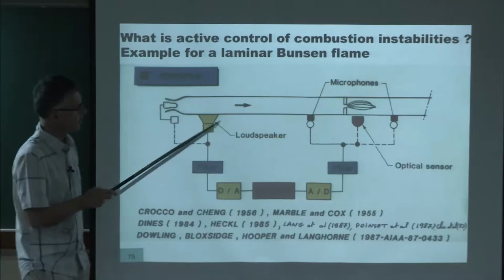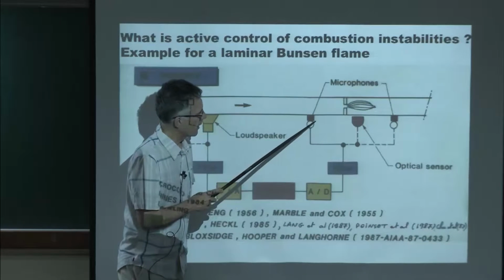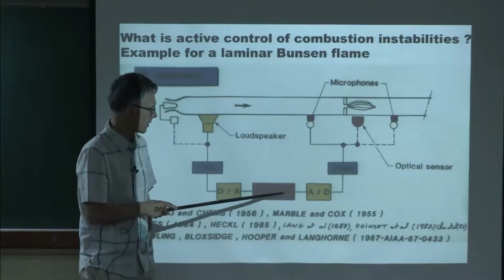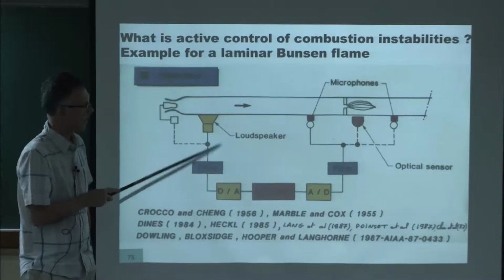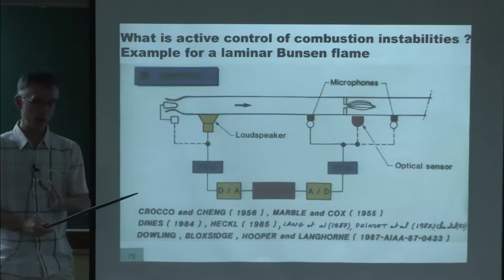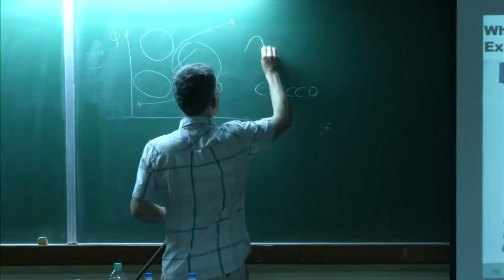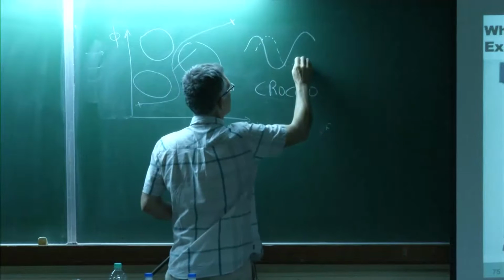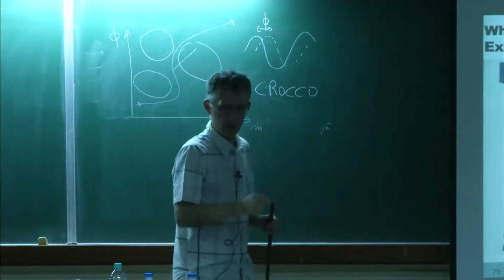What we simply did is we took a laminar flame here, which was unstable, and we added here a microphone. We filtered it. Then we amplified the signal, gave it to the computer, and sent it back here through the loudspeaker. What this thing is doing here is just two things. It's amplifying the signal and shifting its phase. Shifting its phase really means that if the inlet signal is like this, we're going to shift it like that by an amount phi, which we will control. We can change that the way we want.